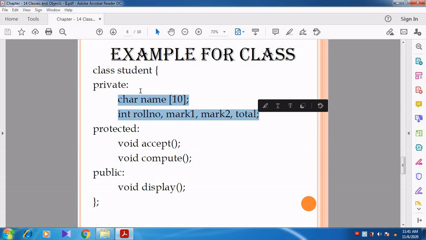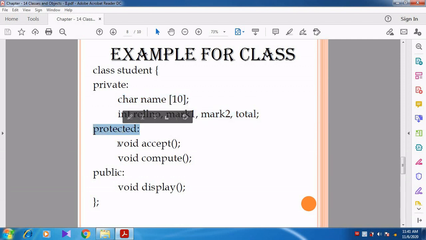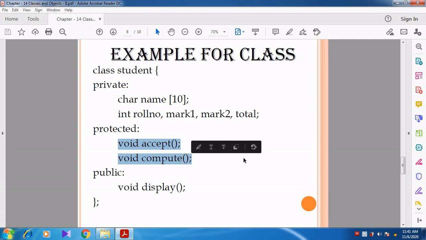Then see the next one, protected. Protected is an access specifier. They have declared two member functions, void accept and void compute. How can you say that it is a member function? Yes, it contains parentheses.